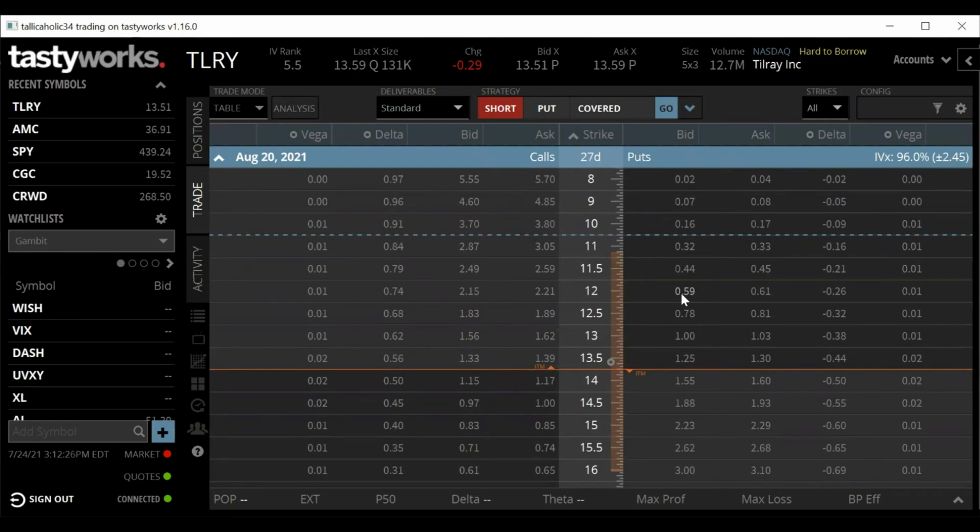Tilray keeps on going up, you made 59 cents. Tilray pulls back below that $12, well, now you're just going to buy Tilray at 12 rather than 13.50. You didn't want to buy at 13.50 anyway, right? That's kind of how you can utilize options.